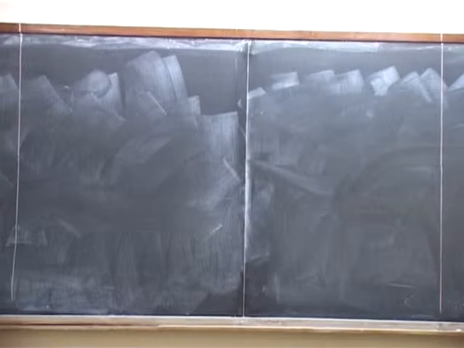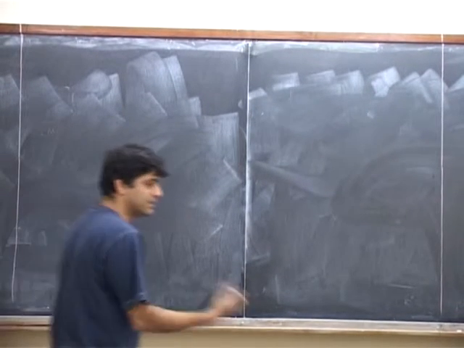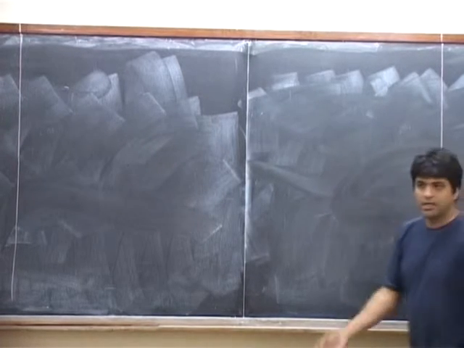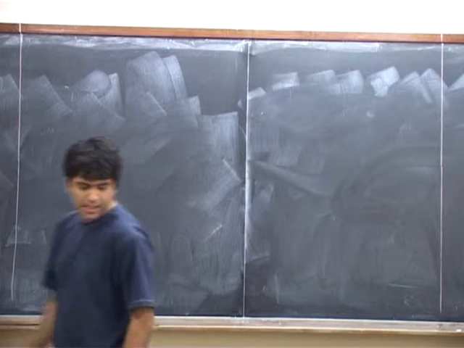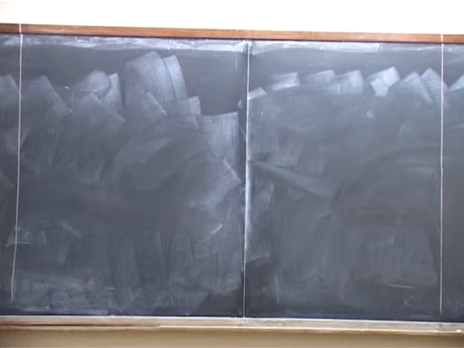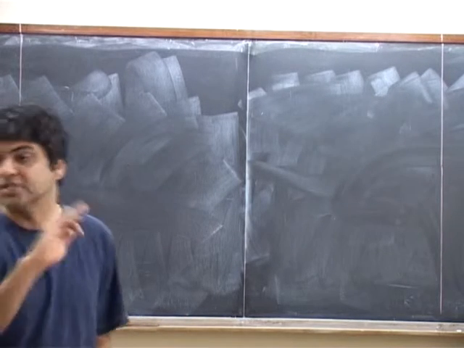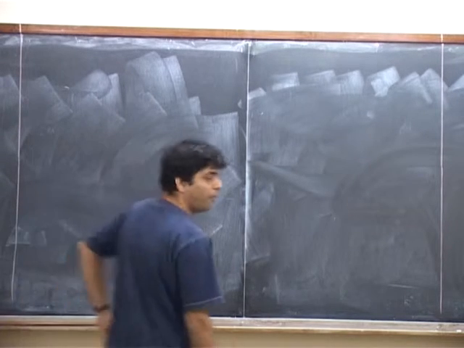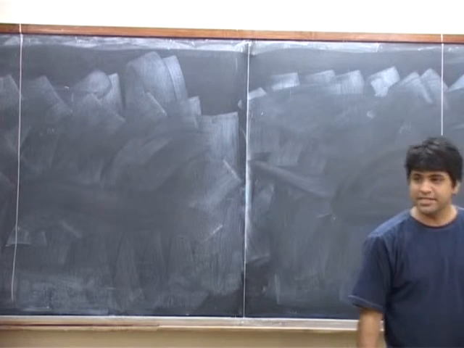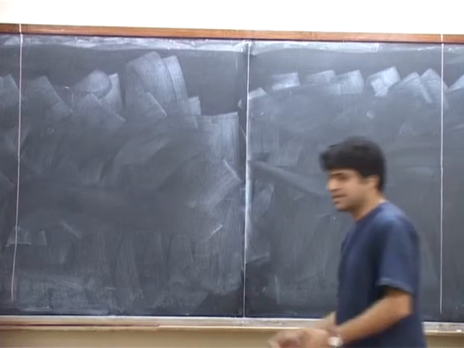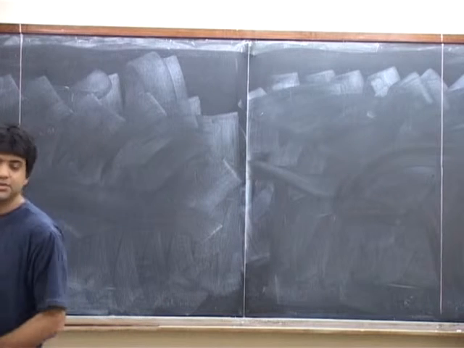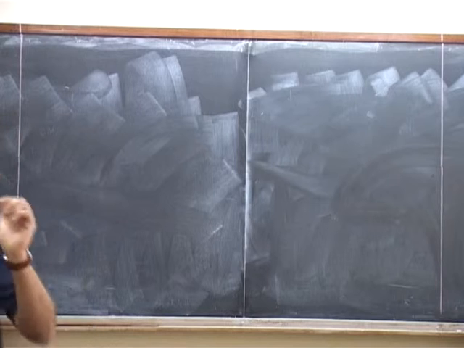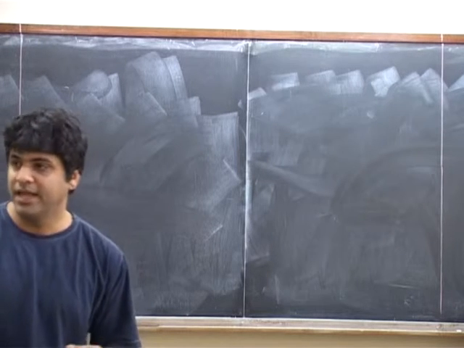Continue. So we had this discussion in the last class about tree-level amplitudes in string theory. In the last class we computed 4-point functions. We got this nice formula in terms of ratios of gamma functions, and we discussed how these 4-point functions have singularities that correspond to exchange of particles.